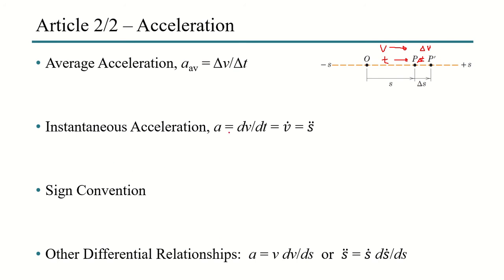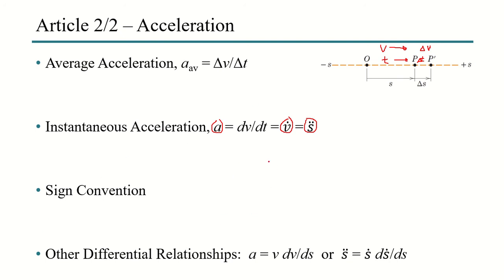Now the instantaneous acceleration a is defined as the derivative of v with respect to t. Or in symbol, we have v with a dot above it, which is equivalent to s double dot. It means that you are differentiating the position twice, and you get the acceleration. Note the symbols: acceleration is equal to v dot, or equal to s double dot. So that's our acceleration. For the sign convention,